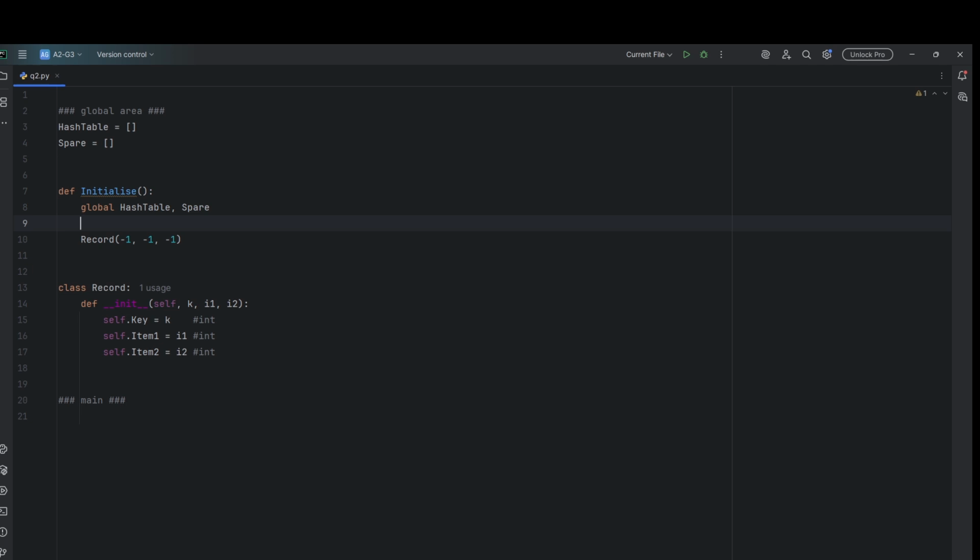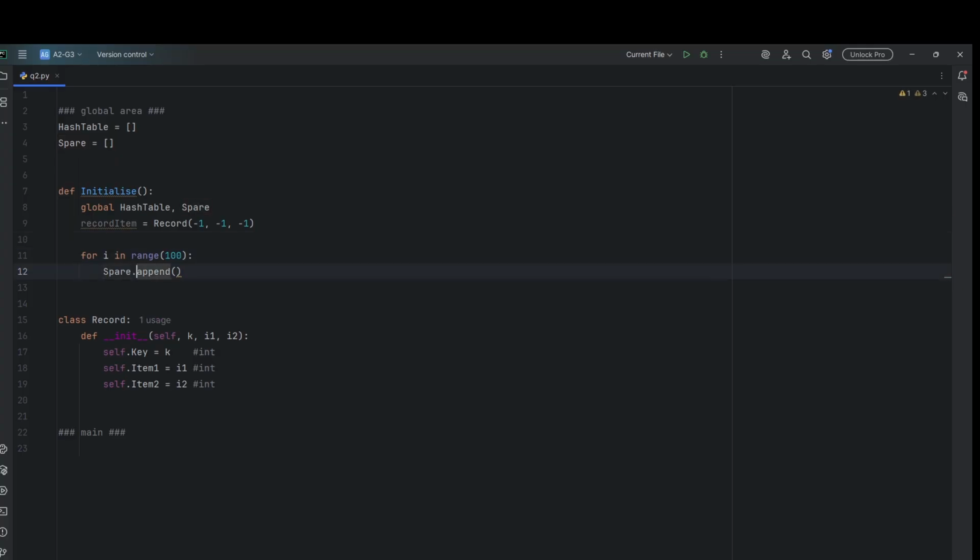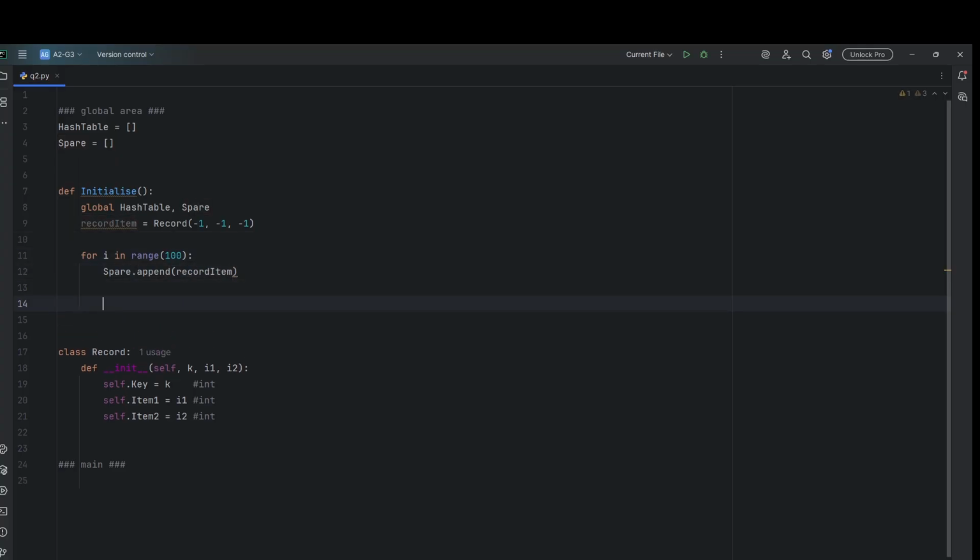Now we have to do it 200 and 100 times. So let's do it for spare. So for i in range 100, and then we have to simply add this into our spare array. So spare dot append, and because we have to do this again in the hash table, we should actually create it into a variable, so we don't have to copy paste it. Let's call it record item like this,